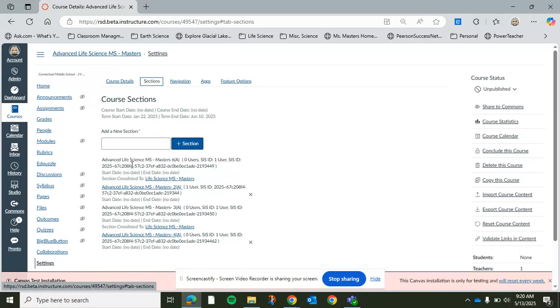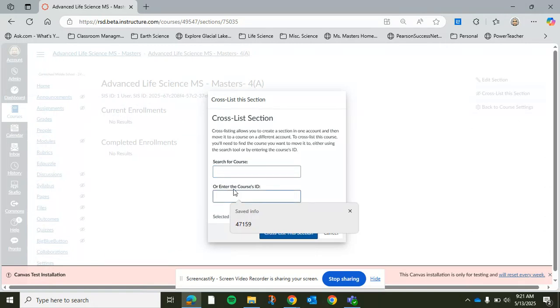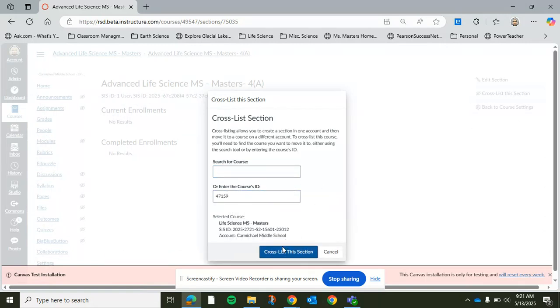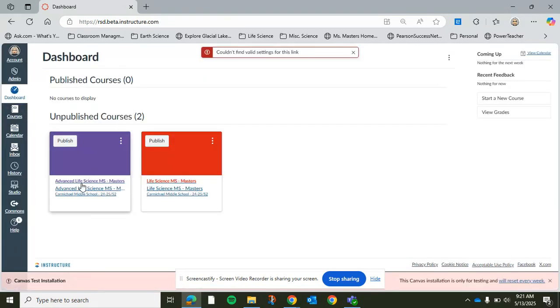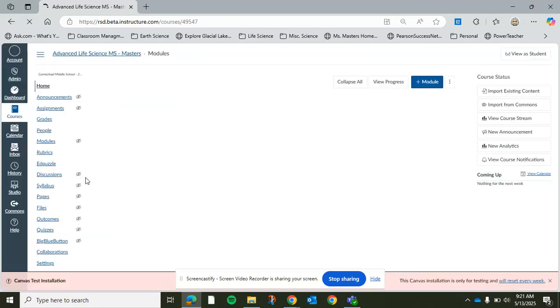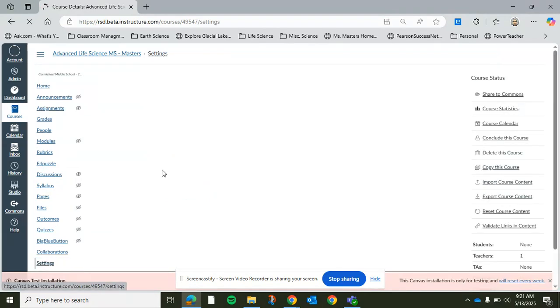So it says, hey, you're not going to find it here anymore, but you'll find it here. So I'm going to do this one. I'm going to cross-list, enter the code, click in the white space. Yep, cross-list this section. And go back to my dashboard. I've got one more. And once I do this one, then that purple course card will no longer be visible on my dashboard. Settings,